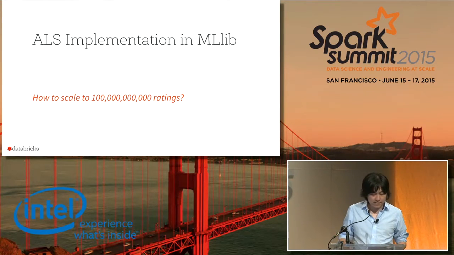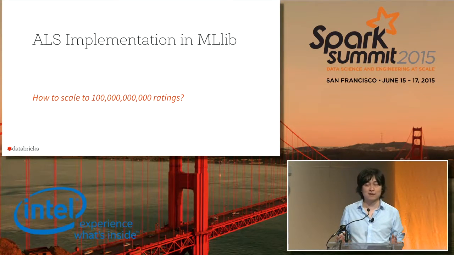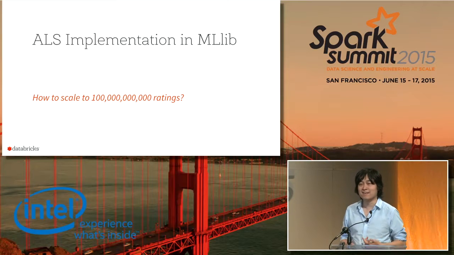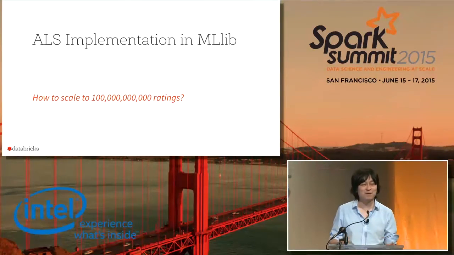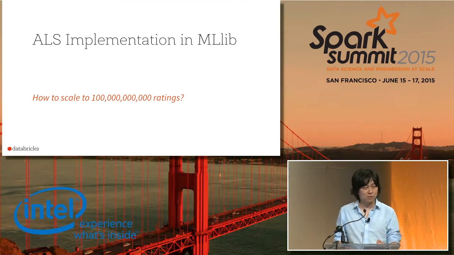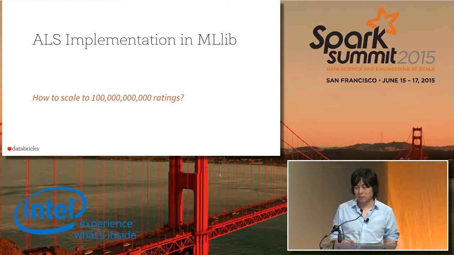OK, basically, that's the algorithm. It's a very nice assumption and a very nice algorithm, and paired with an application like the Netflix challenge, it became a really popular paper. But this is not the finishing line for us, because we still need to implement it, especially on a parallel system like Spark. In the next part of my talk, I will talk about how we implement this algorithm and how we scale it up to 100 billion scale ratings.